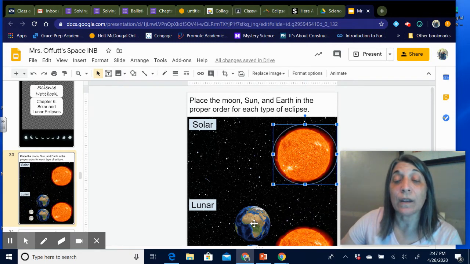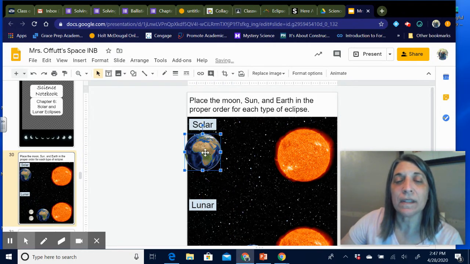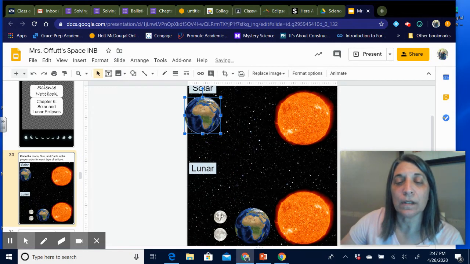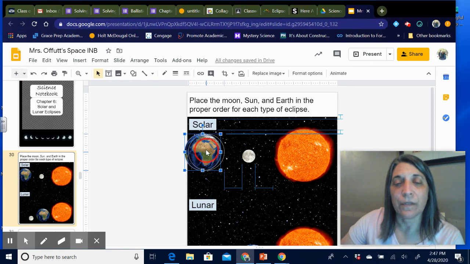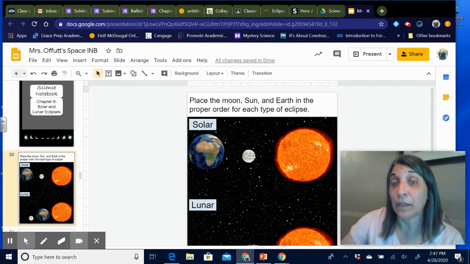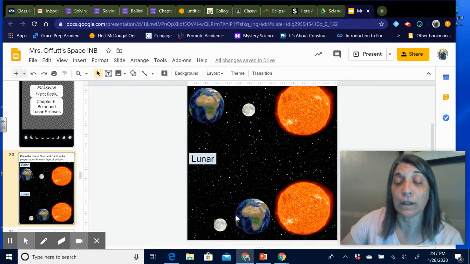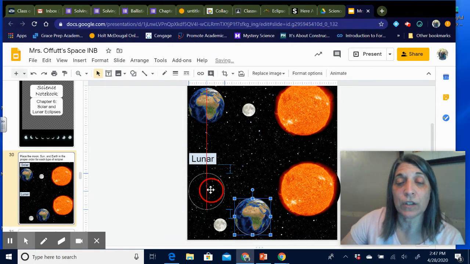Okay, so for a solar eclipse, we're going to just click and drag, right? The Earth's falling off the paper. Get back in there, Earth. Okay, so now we have the moon in between the sun and the earth, and so it blocks out the sun momentarily. And then for the lunar eclipse, the sun still stays in the same spot, but this time we're going to switch